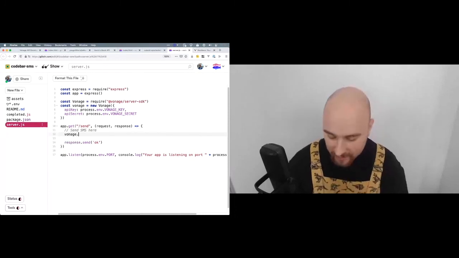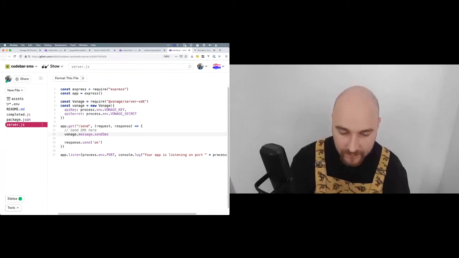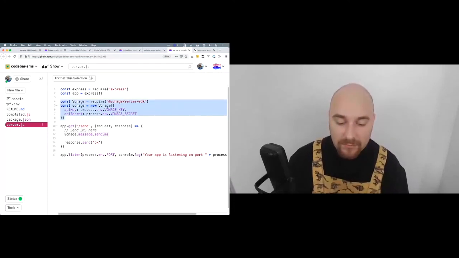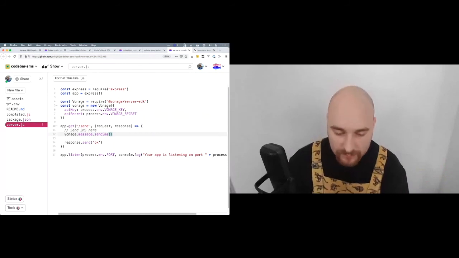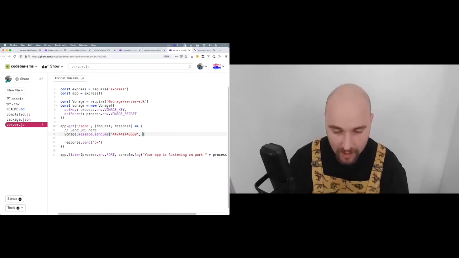To send an SMS, vonage.message.sendSms, with a capital S in the middle there. And we can do this instead of making an Axios request, because we have included and initialized the SDK. And this same SDK can be used for all the APIs. And there are three bits of information we're going to need to put in here: our Vonage number, our own number,